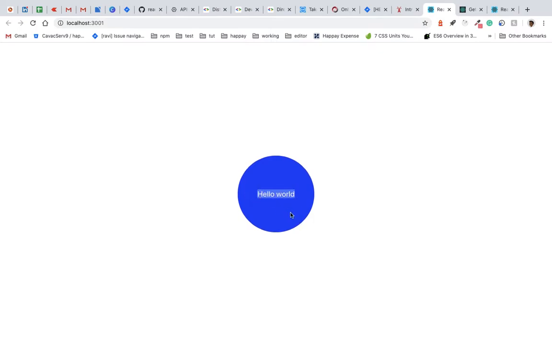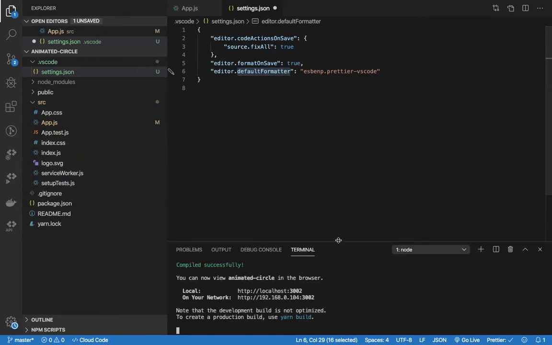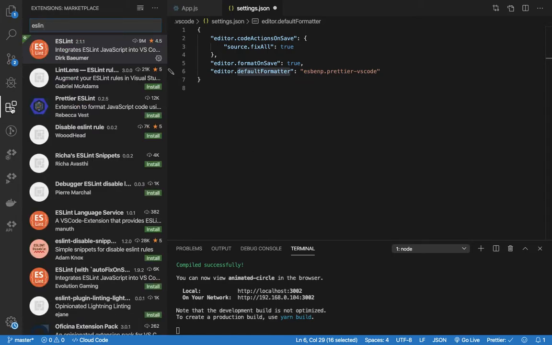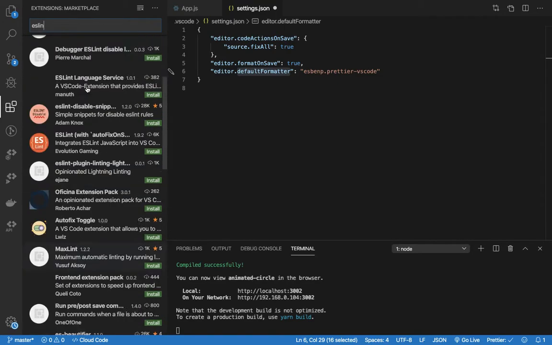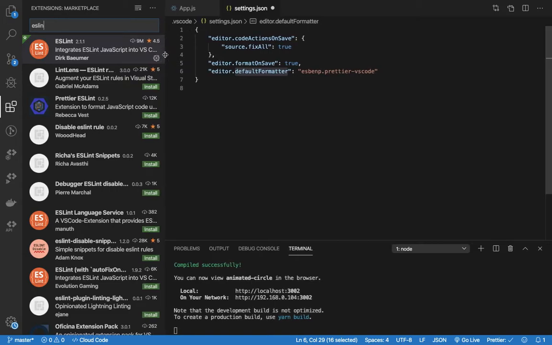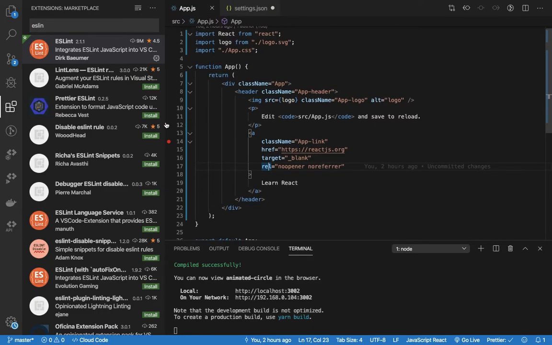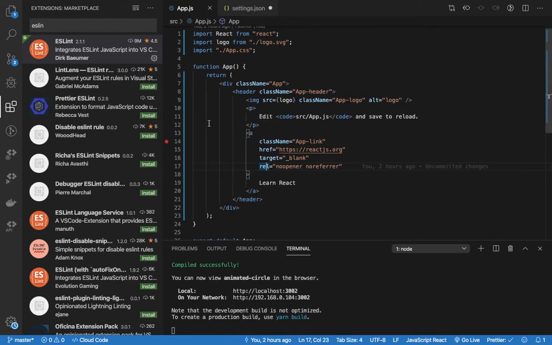Okay. So I am going to my text editor. I am using VS Code. I already installed Create React App, and I am using two extensions here. Actually, there are many extensions I have, but basically two configurations, Prettier and ESLint, have been enabled. Prettier is just to prettify my code, and actually Create React App already provides an ESLint configuration,